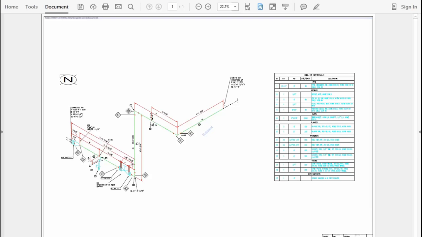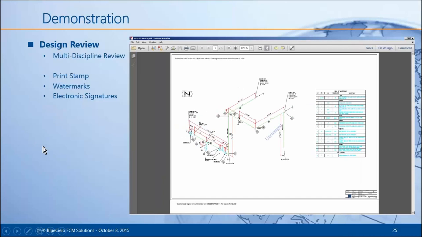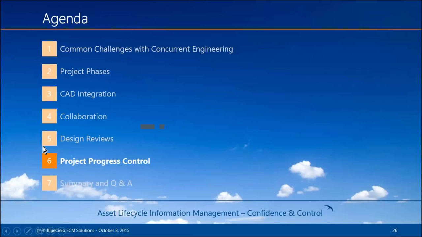So let's jump back to our presentation. Where were we? Okay. And now we're going to look at a couple of ways that we can handle some project progress controls. Let's elevate the discussion a little bit and take a look at ways that we can let the entire organization stay informed about the changes that are being planned